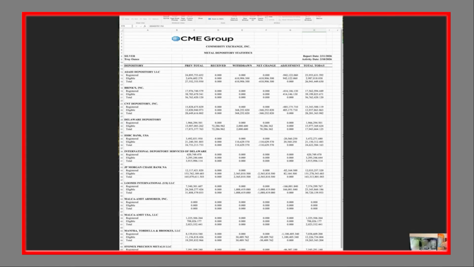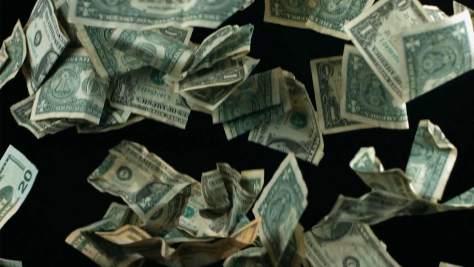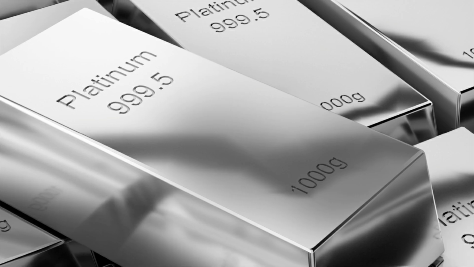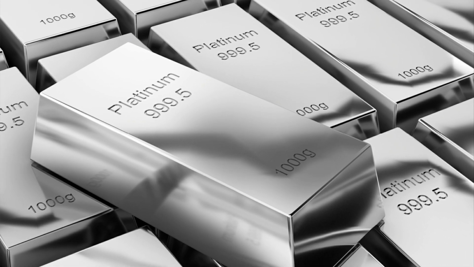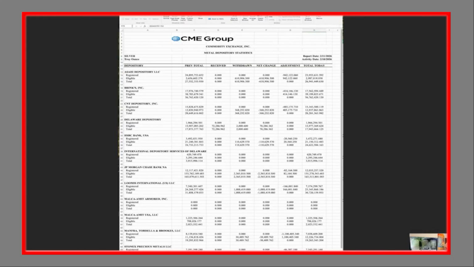But a lot of that silver will be owned by exchange-traded funds, by family offices, by sovereign wealth funds, by hedge funds and so forth. So a lot of that 283 million supply you see there wouldn't be convertible or converted into registered. But silver can move backwards and forwards between registered and eligible. But I'm just going to have a look at what's gone on yesterday. This is just one day's snapshot, but it will put it in context what I'm about to show you with some very interesting graphs in a few minutes.